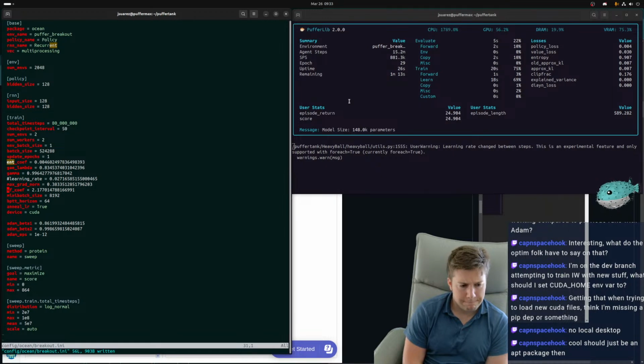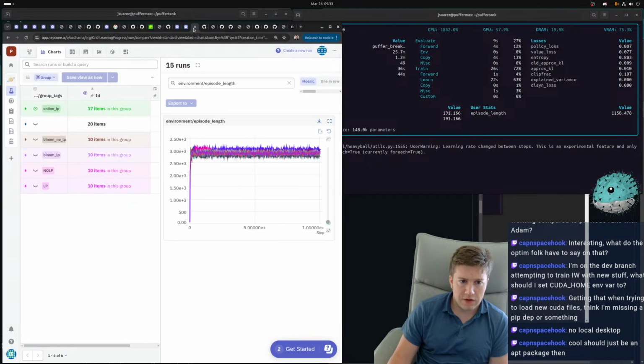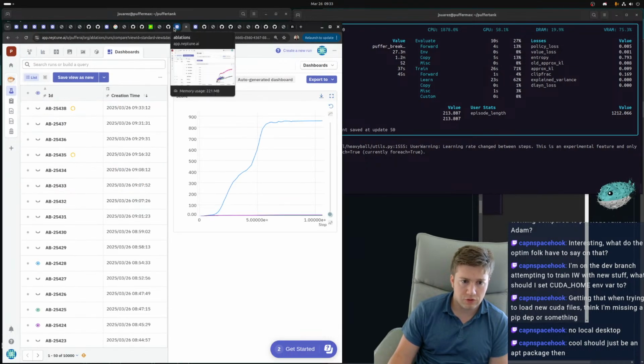What about, can I find the best results I had on this?